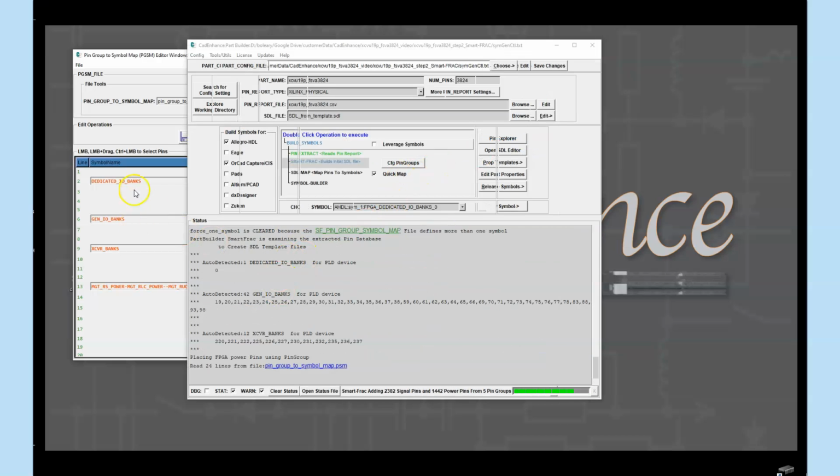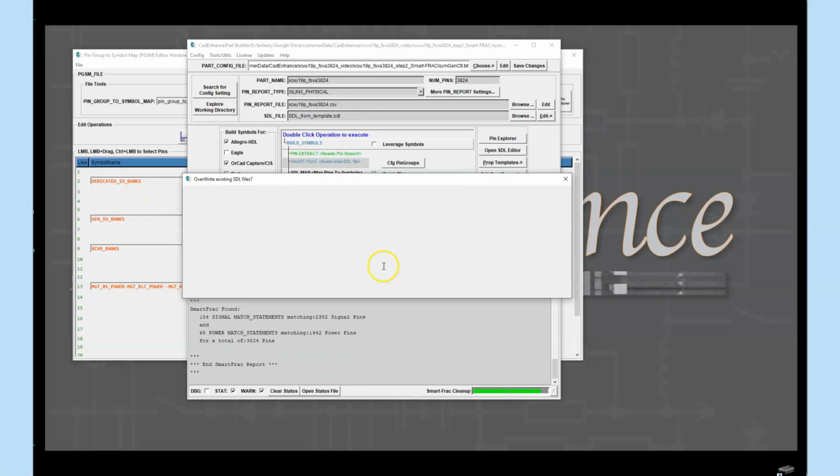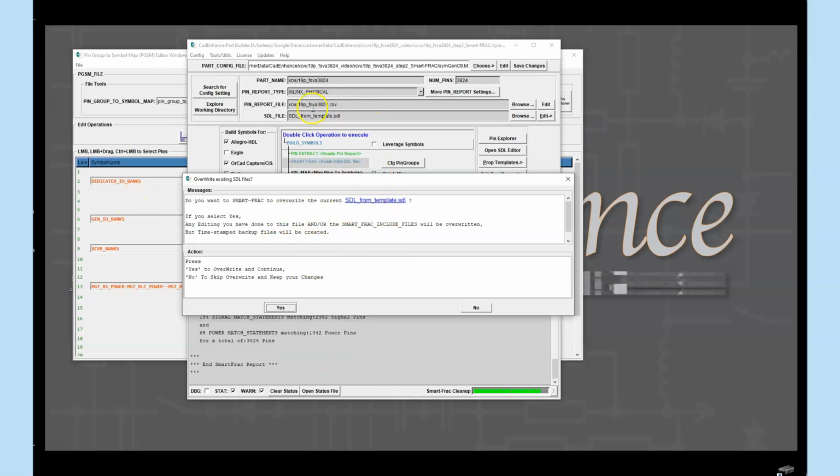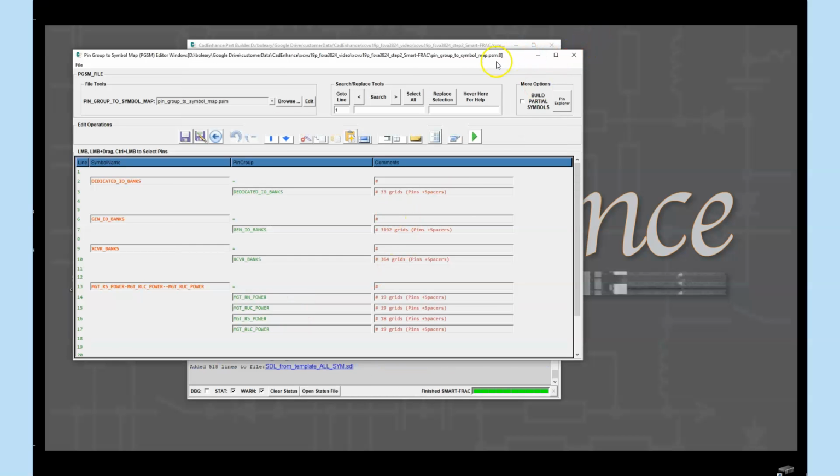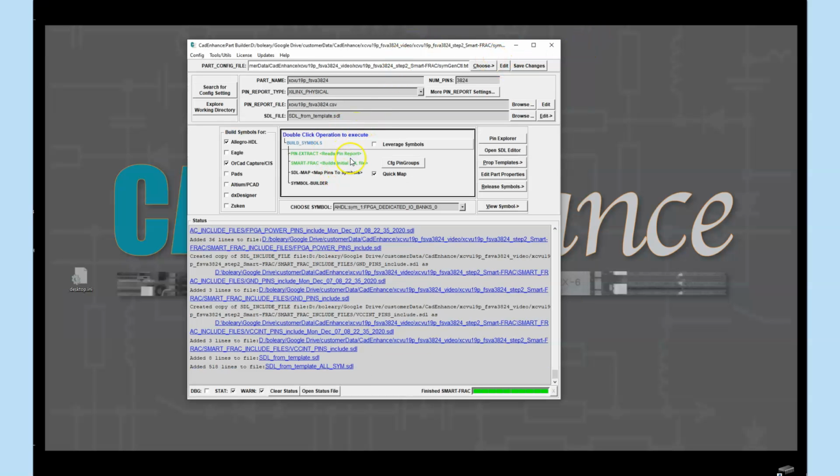So this time SmartFrac just read this file, and it's going to overwrite that SDL from temp one more time. Okay, so now what SmartFrac created for us was this SDL from template file, and now we're going to look at that. And because it's so huge,